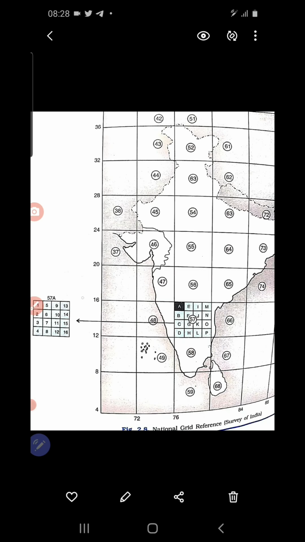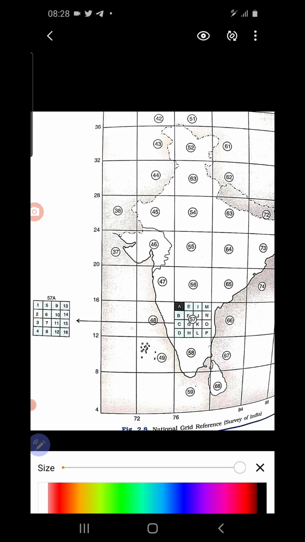So these topo sheets are made of 4 degree. You know that we discussed this in the last class. These 4 degree topo sheets are of million scale. This is what is mentioned in your textbook, million scale. So this is the number of each topo sheet. This is another topo sheet. This is another topo sheet. Understood? That means a comparatively larger area comes under each topo sheet. That is why it is adopted as a million scale. Understood? So again each million scale sheet can be divided into 16.